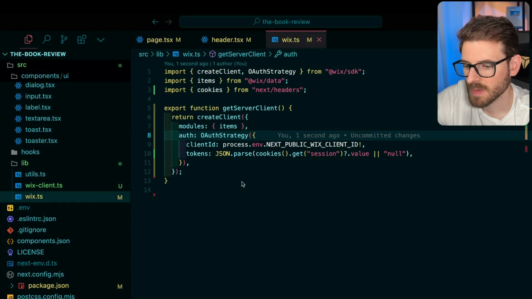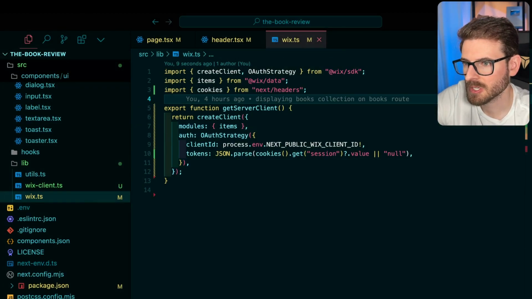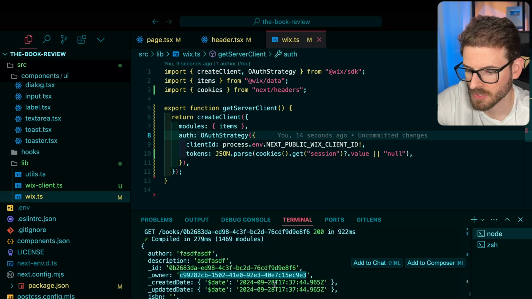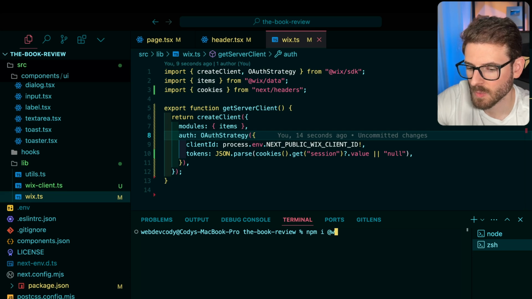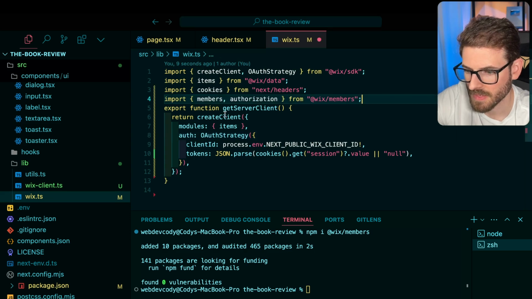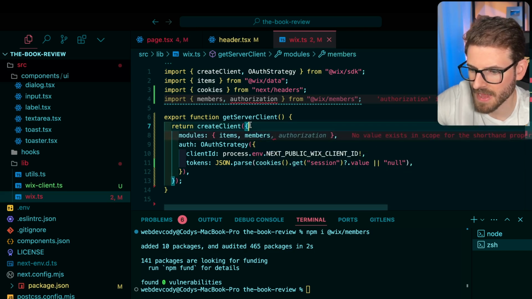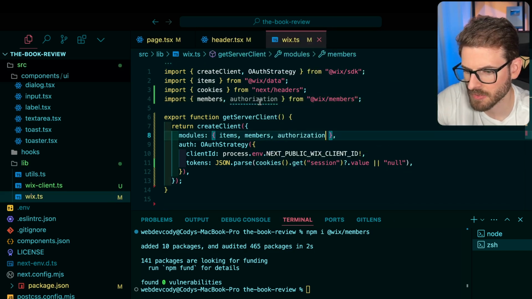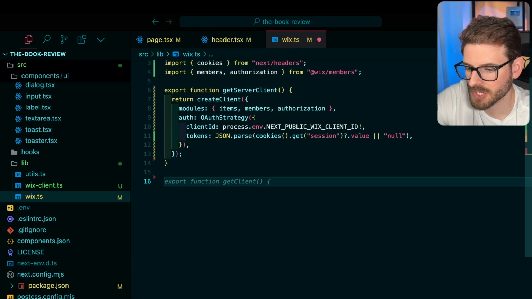And so since we have an owner of the file, what we can actually do is bring in yet another package called Wix members. So I'm going to go ahead and just install npm install @wix/members. And while that's installing, what we could do is just bring in that package here. And we're going to add that as a module dependency. Now, right now it's only in the backend code. I think we might also have to add an authorization. I'm not too sure, but now that we have that added, we can actually add another function here, like export